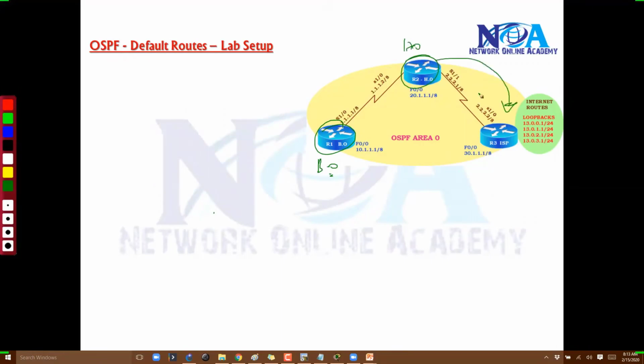And as we are not connecting to the real internet, I'm going to simulate one router, which is simulating my service provider, or you can simulate as internet. And there are some loopback interfaces connecting on the router 3. I'm going to assume these are my internet routes, like Yahoo, Google, whatever the routes you can assume. So